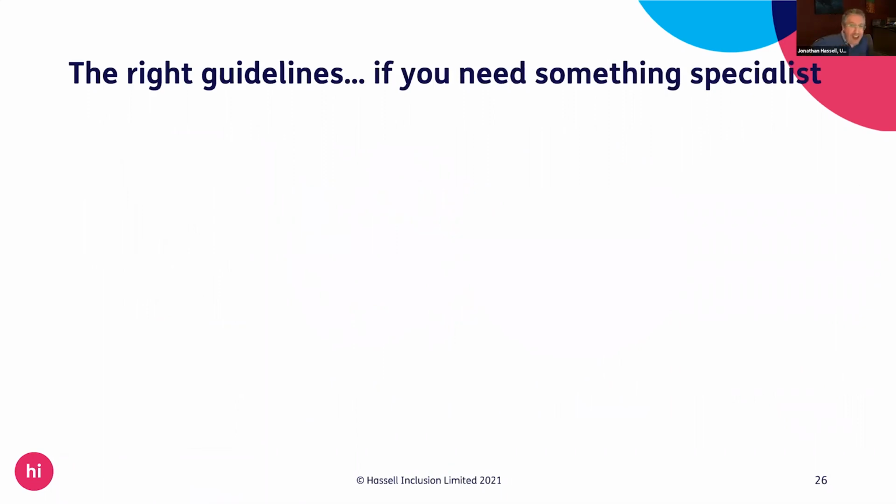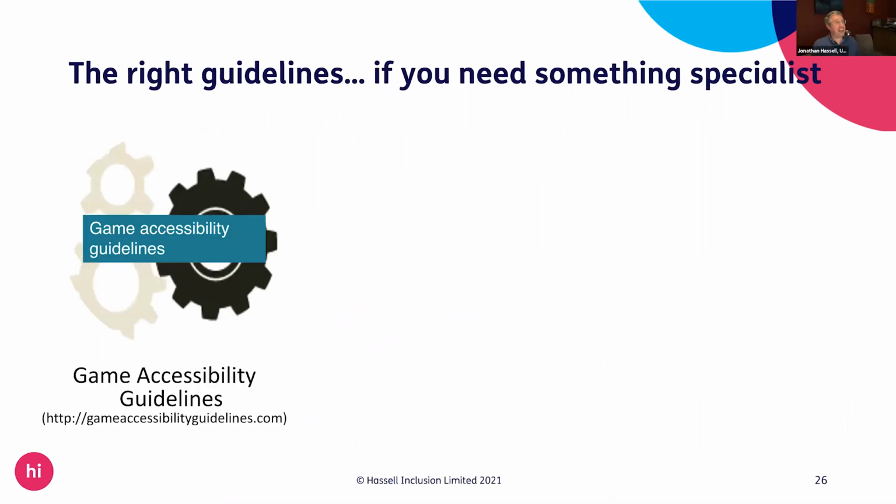So the next thing, but what happens if you want something specialist? So three examples here of if you're doing something a little bit different. So if you're doing a game, for example, this could be a game online on a website. It could be a game for an iPhone. It could be a game for a PS5. Some old colleagues of mine from the BBC did a really great bit of work quite a while ago now to create the game accessibility guidelines. So really great stuff if that's something that you may be anywhere close to.